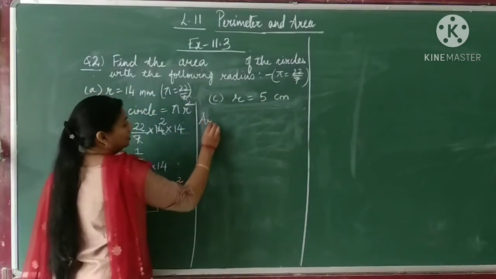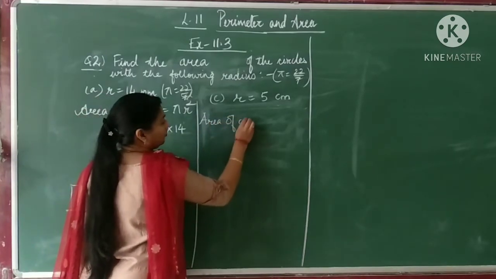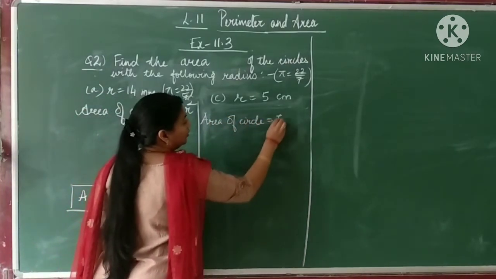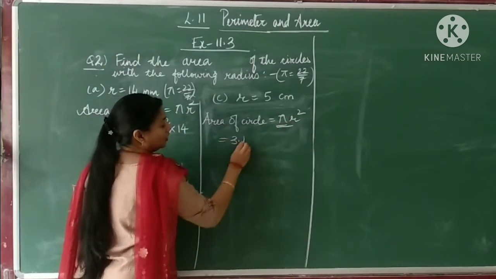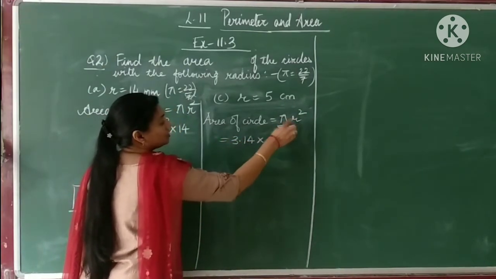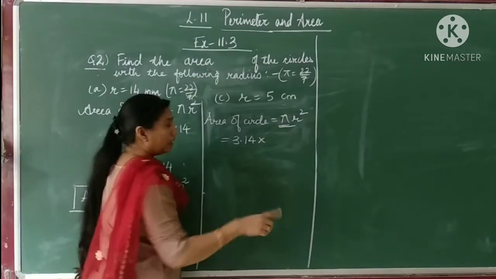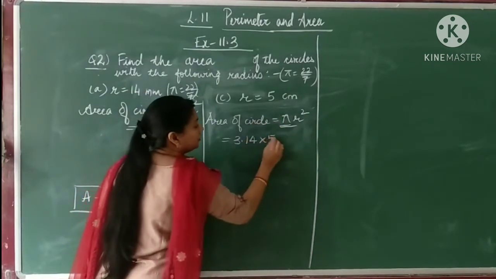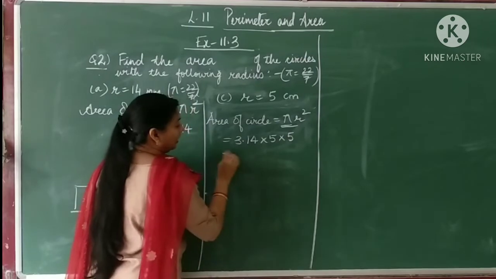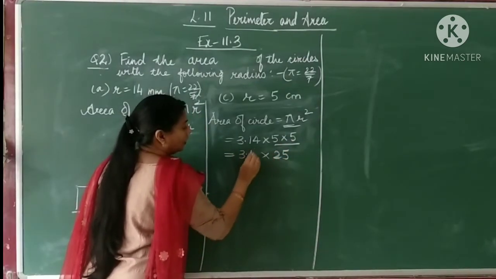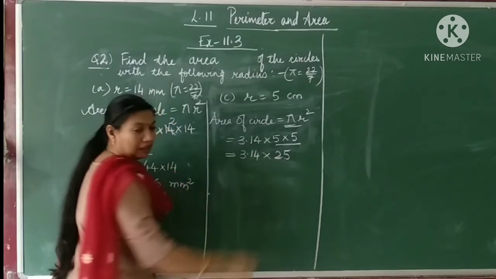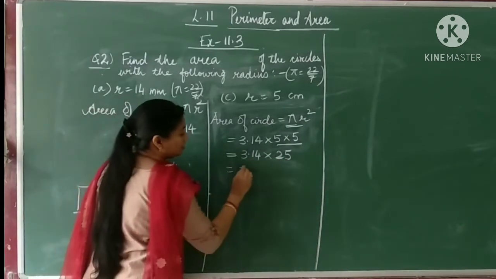Now area of circle is equal to pi r square. I will write pi as 3.14. Radius r square means r multiplied by r. R is 5. So 5 multiplied by 5. 5 5s are 25 multiplied by 3.14. When I will multiply, I will get the answer